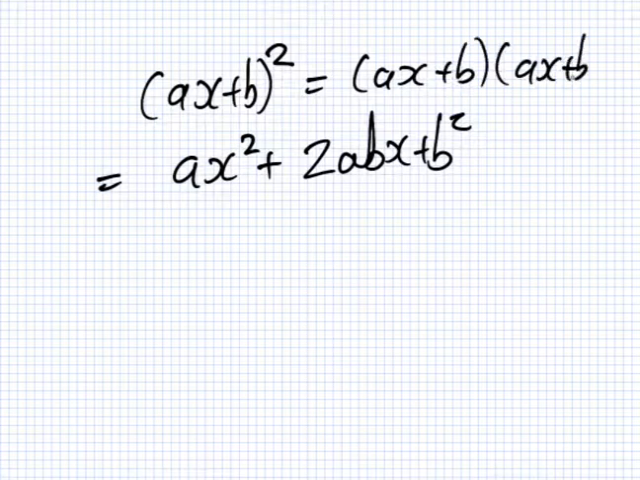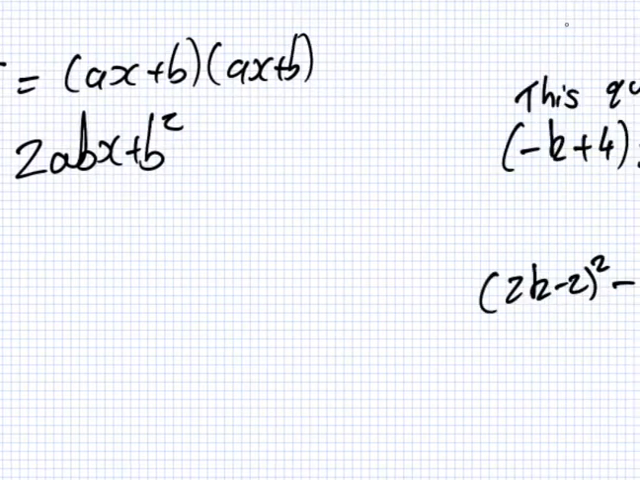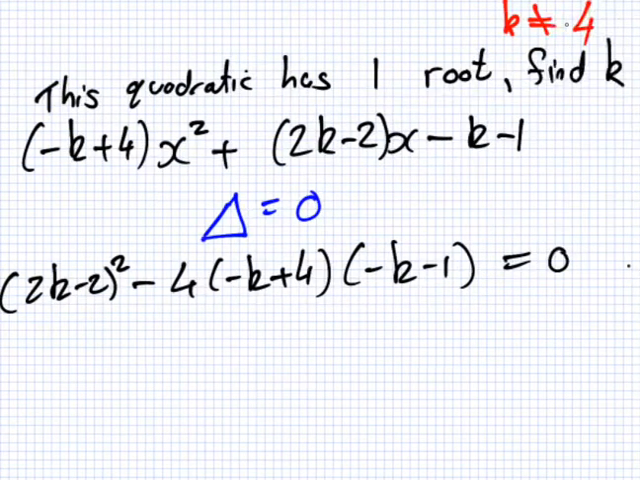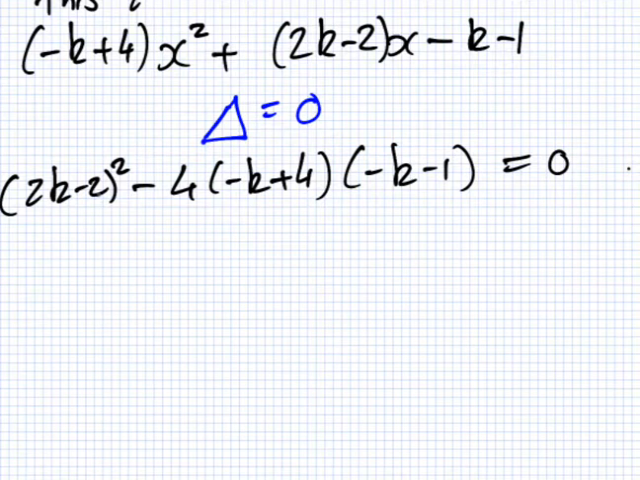The next type, we're kind of going backwards. So I tell you how many roots it has, and you want to know what the k was. Okay, so for example,